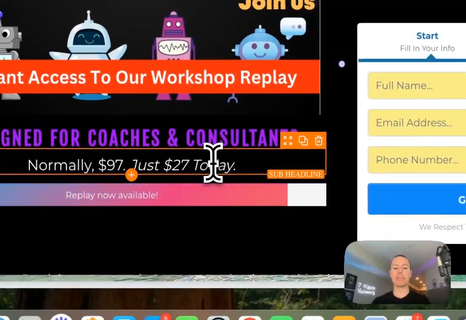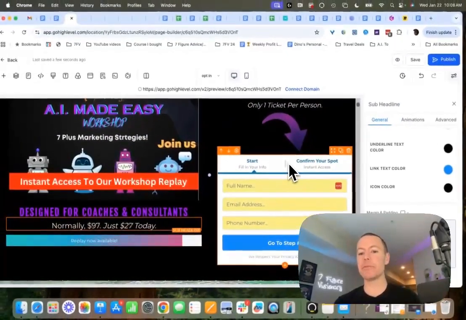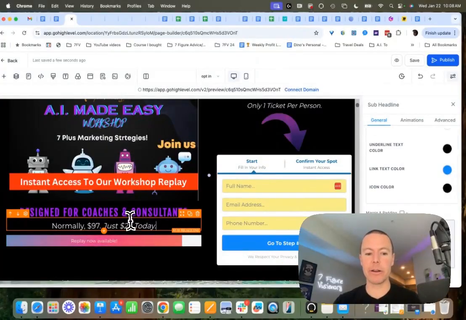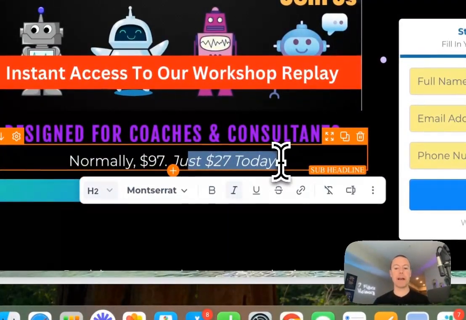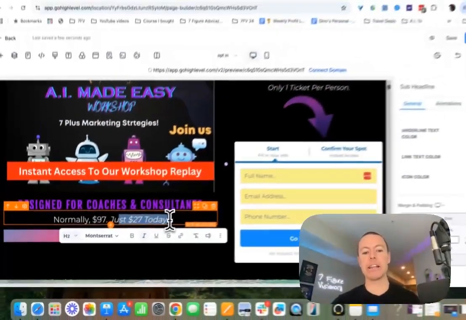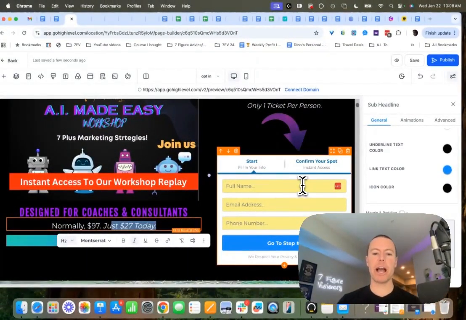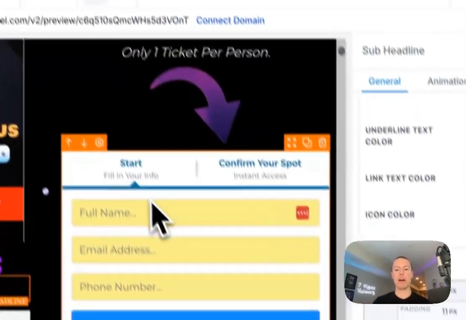And when you sell them on the value exchange first, the only reason somebody would start the two-step order form is because they already know the price. In this example it's 27. They're willing to invest that, and so they're going to go into the two-step order form to actually do so and complete payment. All right, now the other thing I will share with you really quickly about order forms, because we talked about this earlier,